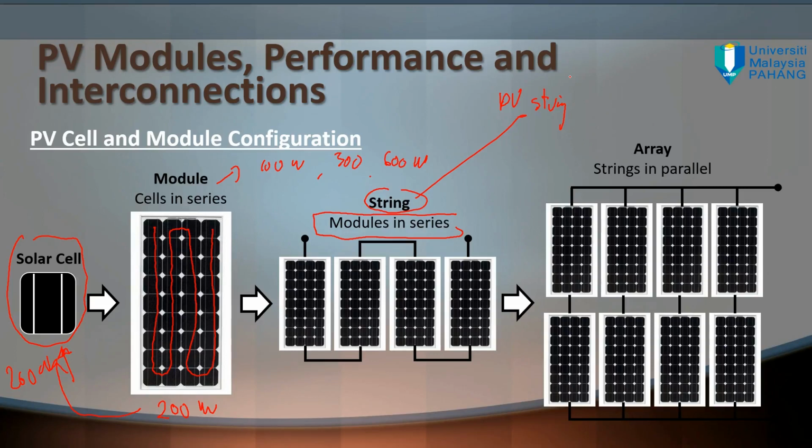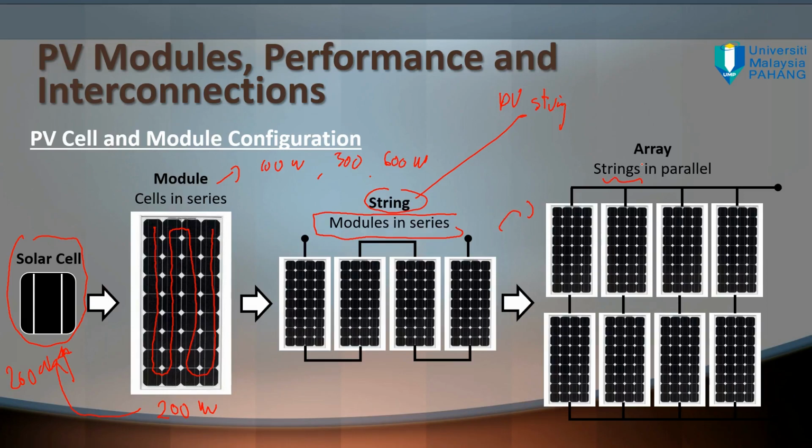In one string, the term means the modules that are connected in series. How many modules? Depends. More than 2 is a string. Maybe 2, 3, 4, 5, 6, 7, 8, 20 modules connected in one line in series, it's still called a PV string. So several modules connected in series is called a string. Alright. Next,